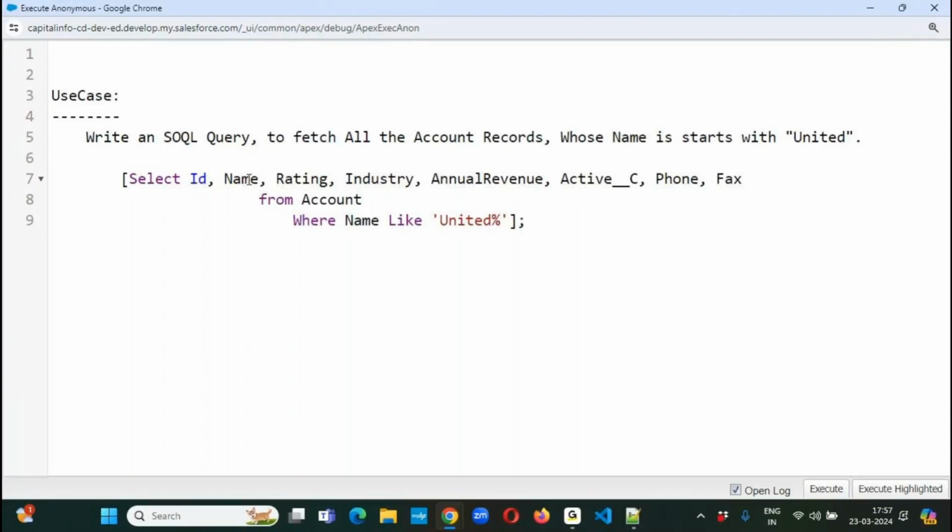So now whatever the account records are available whose name is starting with United, I would like to